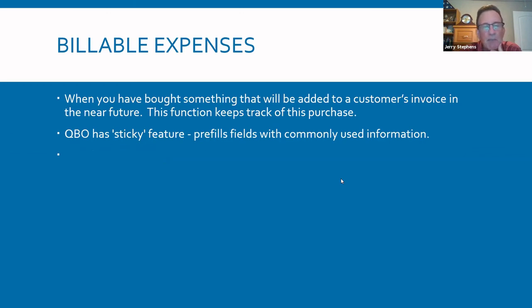For businesses that might buy something today that they need to add to a customer bill in the future, those are referred to as billable expenses within the QuickBooks world. So let's say you're a landscaper and you needed to go buy something at Lowe's for a project you're working on for a client. You're paying for it with a credit card, but you want to be reminded that when you bill the customer at the end of the project, you don't want to forget that you've bought this item and add it to